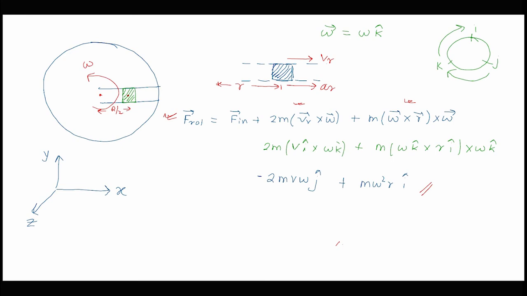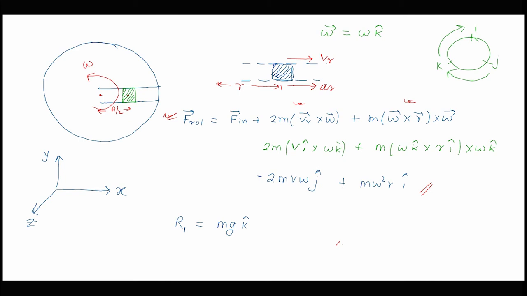So for the weight which is acting in the downward direction, the reaction force that is going to come against the weight is going to be mg in the positive k cap direction. So this is the first reaction force which we have identified over here. This is the weight component. The weight of the block is acting in the negative z axis direction, and as a result the reaction force is acting in the positive k cap direction. So we have the first term as mg k cap, which is easier to understand.